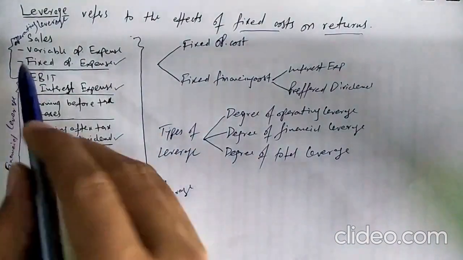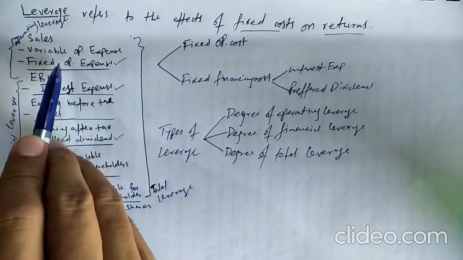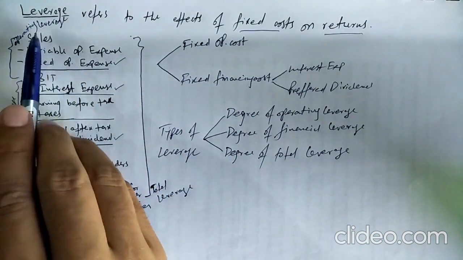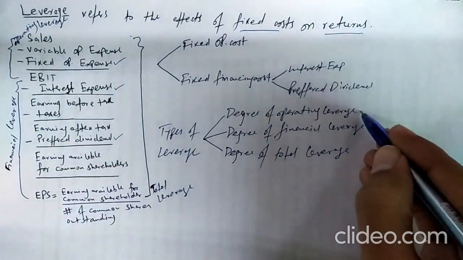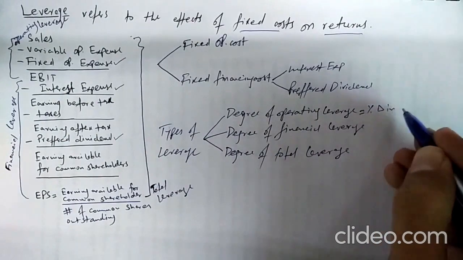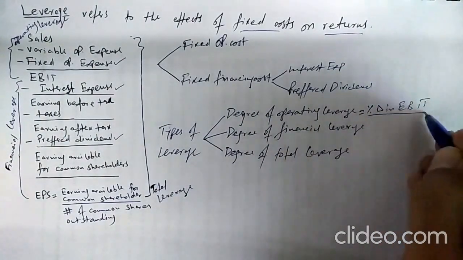When we calculate operating leverage, we cater just one cost, which is fixed operating cost. If we want to calculate the impact of fixed operating cost, we calculate operating leverage, and the formula of operating leverage is percentage change in EBIT over percentage change in